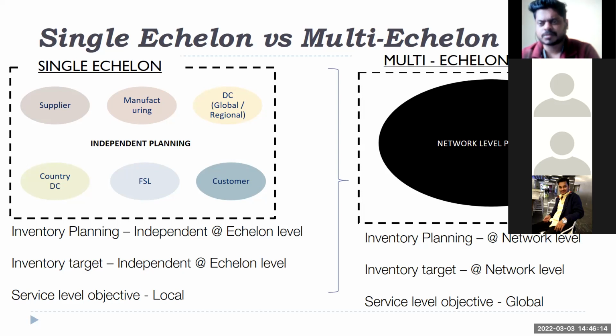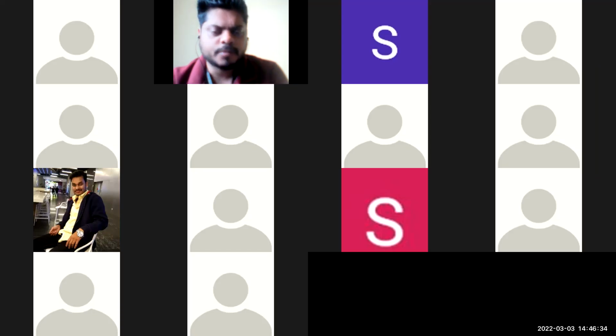I think the maximum distance was close to 1390 or 1400 kilometers, and the minimum distance will be from Aurangabad to Mumbai, 300 kilometers, right? Some groups have mentioned the location name. And second part, I'm not sure which period you have taken, but if I'm doing that analysis, I'm getting